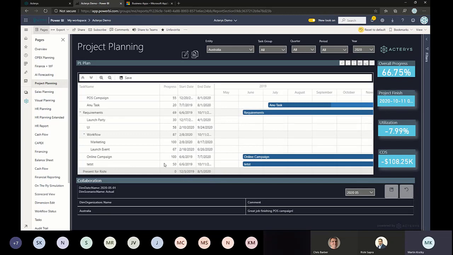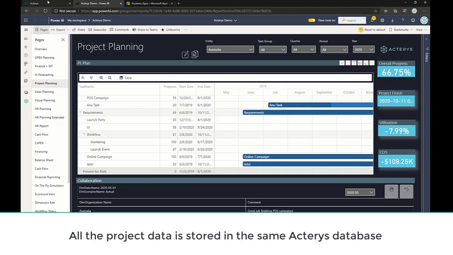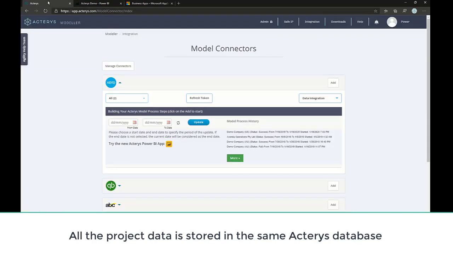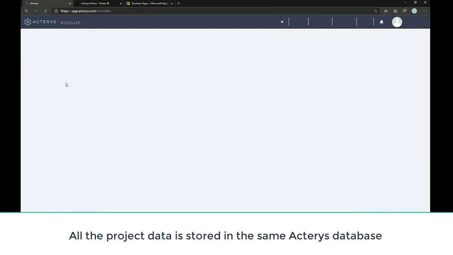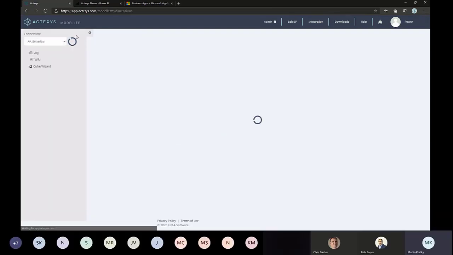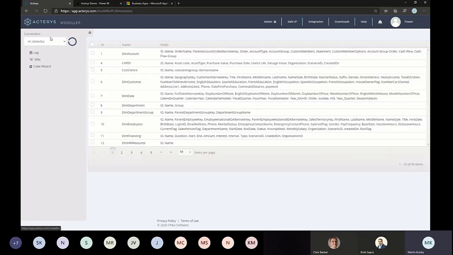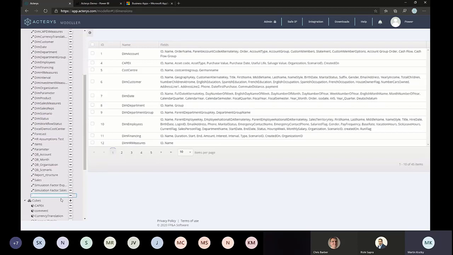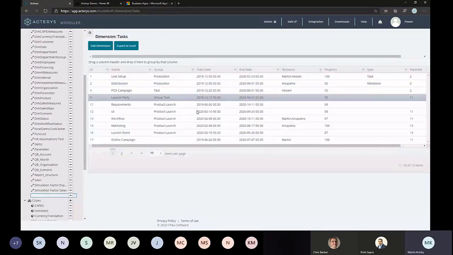And so it's not just presenting the Gantt chart, but being able to more or less do all your project management directly from Power BI. And all the data here is stored again in the normal Acterys data models. If I want to see what's going on, I can just go to the respective table. In my case, this is the tasks table, and then see whatever the users have entered here, whatever was done. So it all ends up in the central data model with all the respective details for the particular